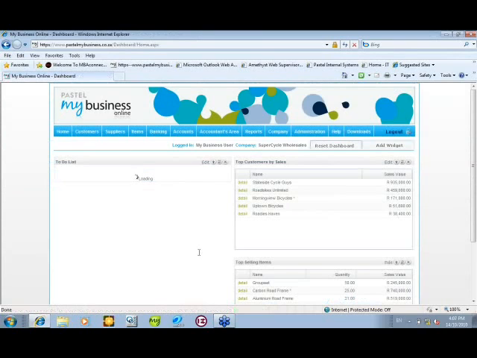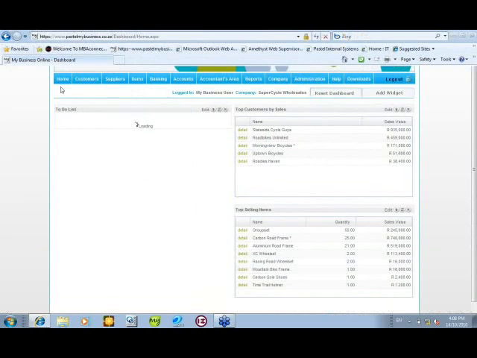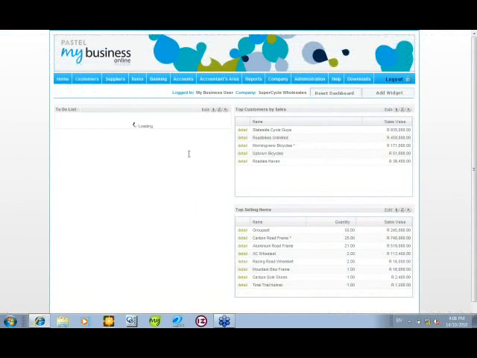We are working off the Pastel network, so maybe you'll think that it's a bit slow because there are a lot of users on this network. But when you use it over an ADSL line, it's very quick and you won't have a problem in terms of speed. And the responses that we've got from people to date is very encouraging. People like using the software, they find that it's easy to use. I just want to refresh this page. It seems to be taking a while here. Okay, well let's just, what would come up here is a to-do list and a graph,